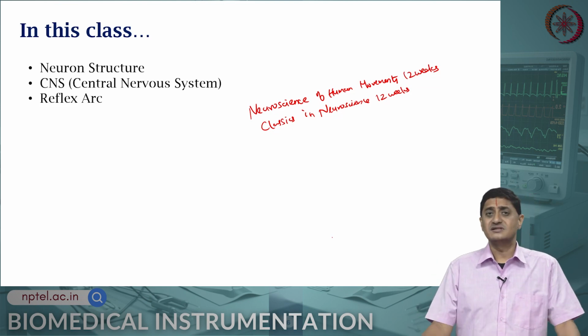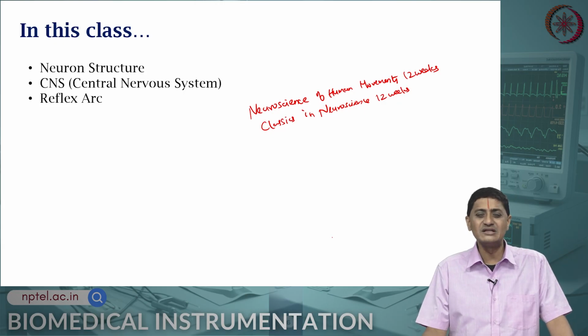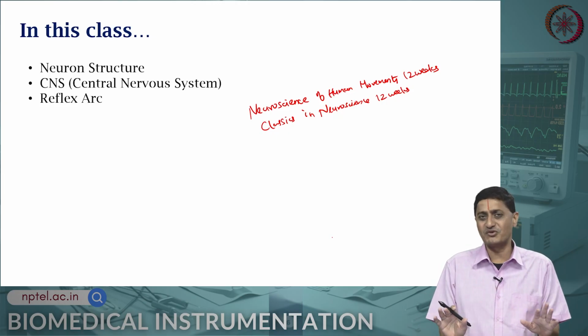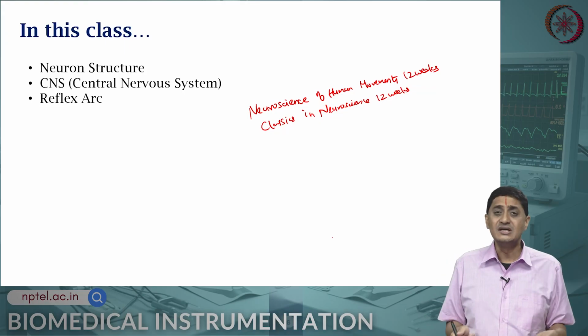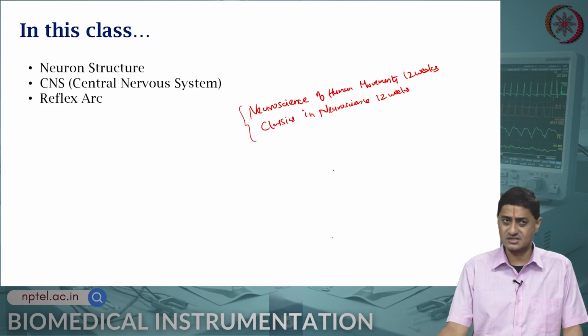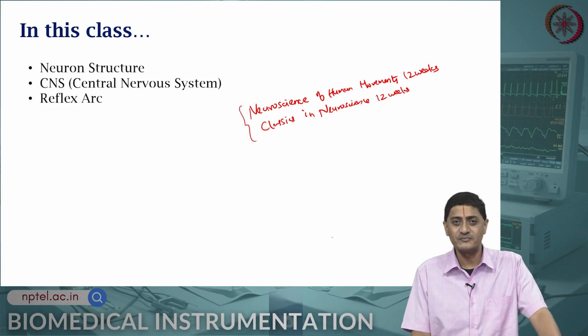So much content is there, but this video is part of the biomedical instrumentation course. So, I am going to give an extremely brief overview of the topic. Those who are interested in neuroscience can do these courses and other neuroscience courses that you are interested in. So, I am going to be extremely brief and just give the most essential that is necessary for the biomedical